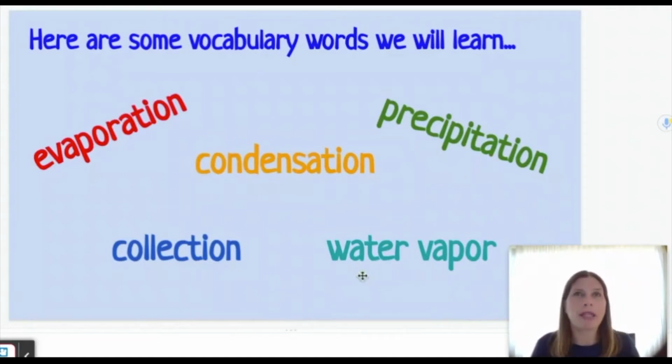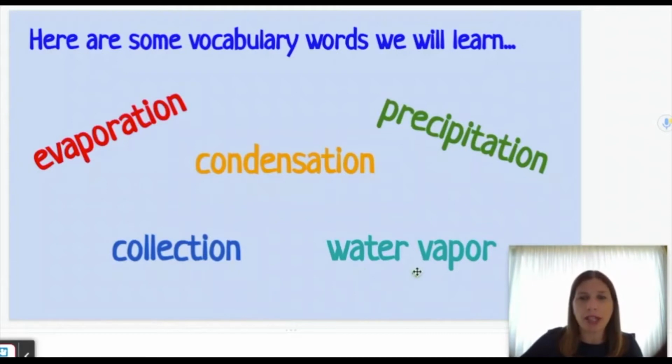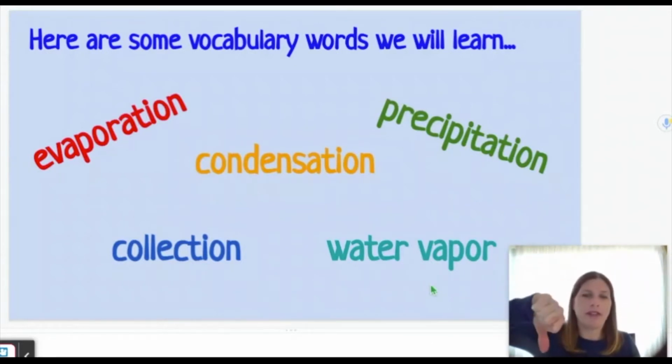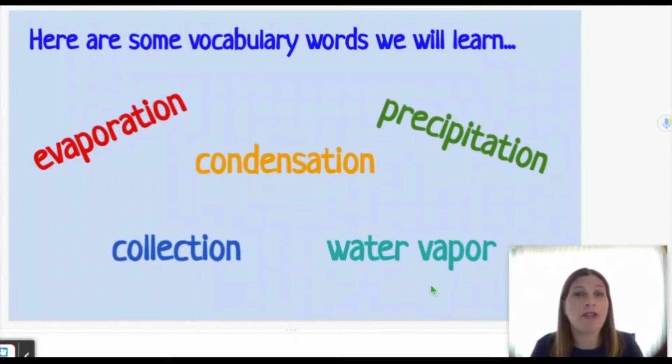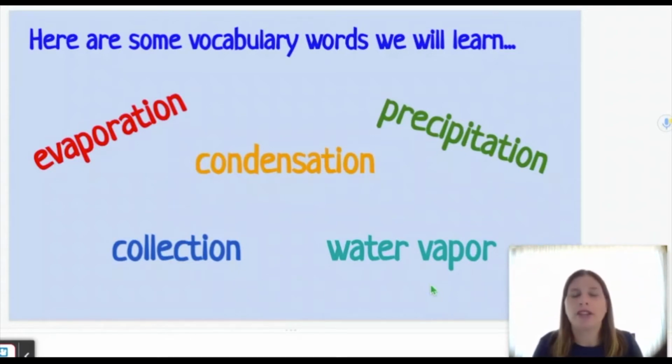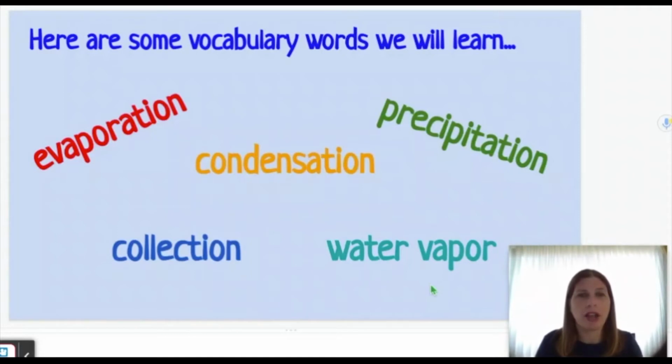And our last word here in this light blue is the word water vapor. Why don't you echo back to me? Water vapor. Good. That's 2 words here. And you're going to be thinking just like the others, have you heard it and you know the definition? You've heard it and you're not sure what it is, and you've never heard it and you don't know the definition. Okay, so for this word, a lot of you have never heard it and you don't know the definition. Guess what? Like I said with the rest, you'll definitely know it by the end of our presentation. So let's get started learning about the water cycle.